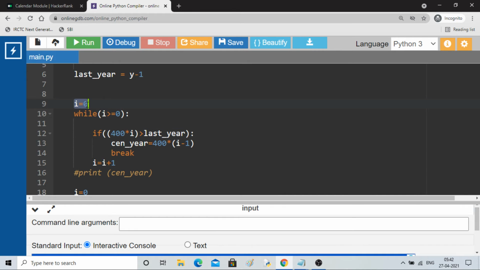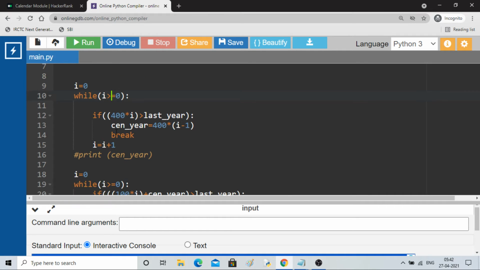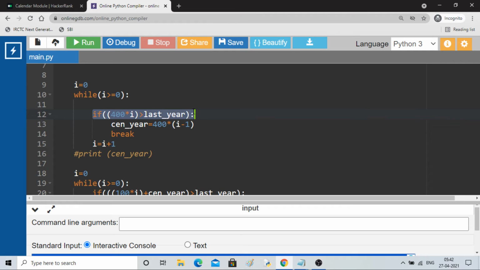I have initialized i equal to 0 and run a while loop, i greater than or equal to 0. It will come inside and keep checking for the closest century year, which gives us 0 odd days. So 400 times i, it keeps increasing the value of i by i plus 1.